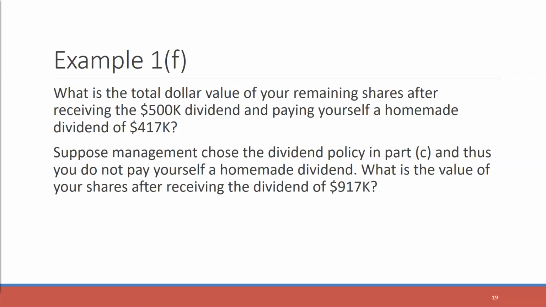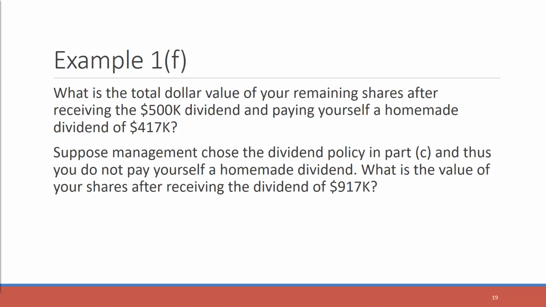Suppose that management chose the dividend policy in Part C and thus did not pay you, and thus you did not have to make this homemade dividend. What is the value of your shares after receiving the 917K? So if the firm did the policy that they wanted to follow in Part C, in which the firm raised another 5 million by issuing additional shares, remember, after the dividend payment in Part C, the value per share is at